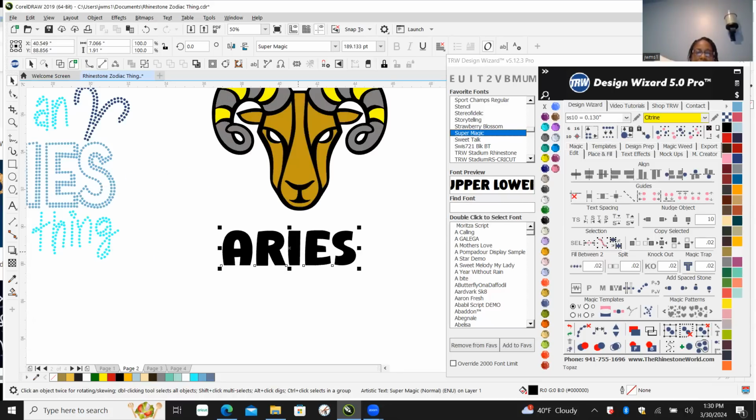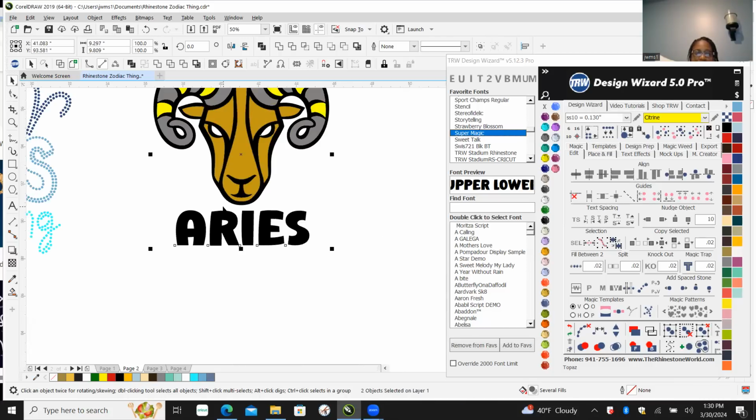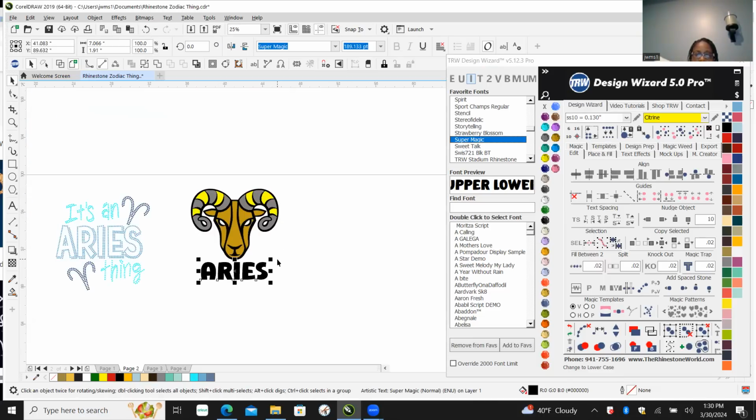I'm gonna grab a notebook from here on out, because that's the only way I'm going to remember our favorite fonts. Some people may be able to remember their favorite fonts just by viewing them right here, but I'm about to start breaking them down and categorizing them, which will make them easy for me to remember. I'm gonna have my thick fonts, and it's gonna be a column that says thick fonts. Every time I come across one, because this one right here is a good one, Super Magic, that's going on the list for thick fonts. It's gonna be right in there with